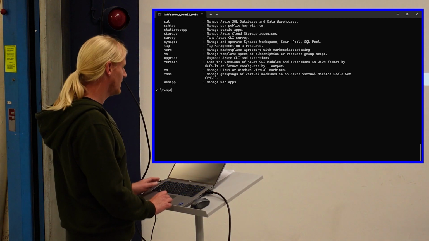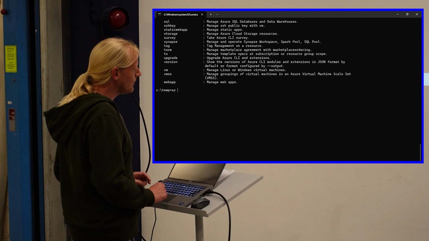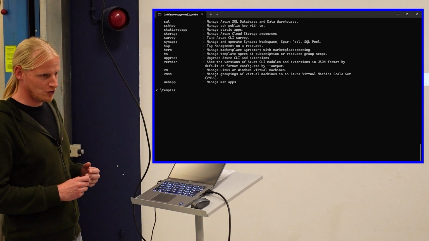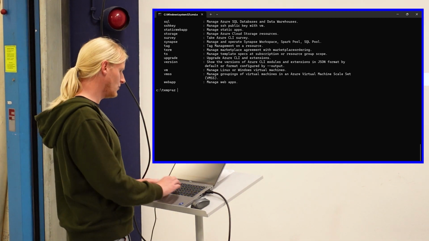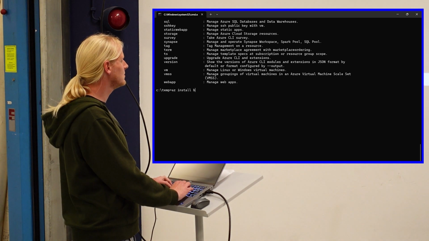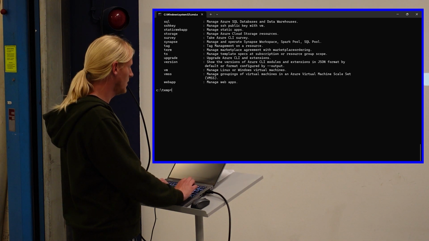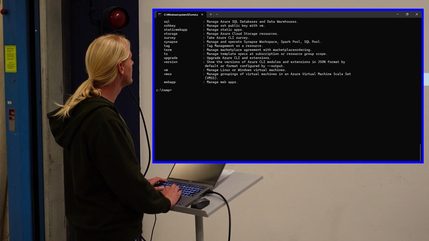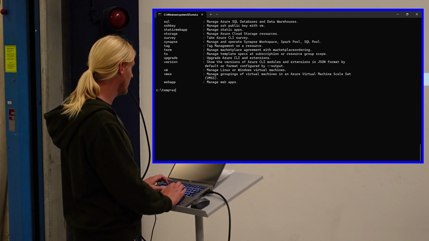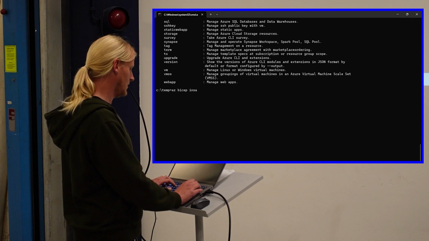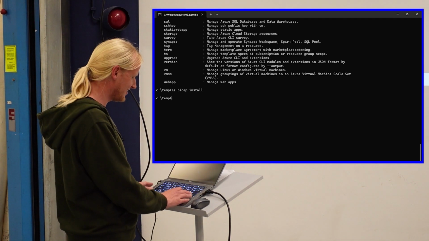Yeah, so the first thing you have to do, for az as well, if you want to do Bicep deployments, you need to install the Bicep extension for Azure CLI. If I remember correctly, it would be this way: az install, or no, I think it's az bicep install. Something went wrong here. az bicep install. Well, yeah, I already have it installed, so it returns immediately.